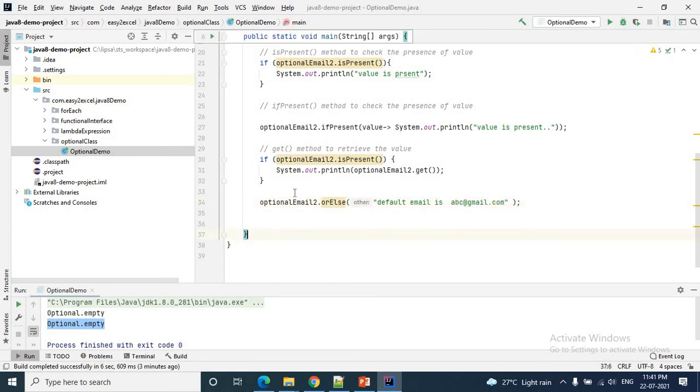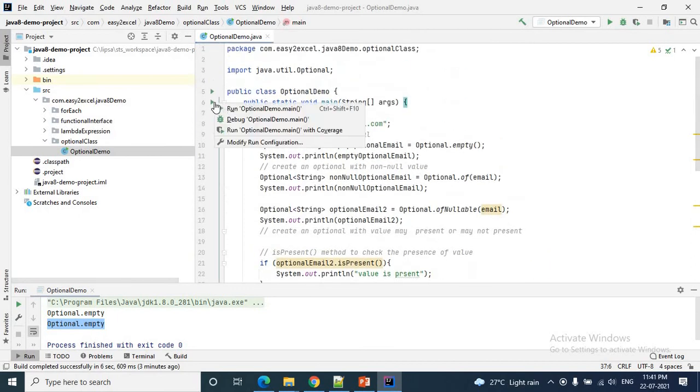So it will check if the value is present, then it will give us the optional email two. If not present, then the else part will be executed. The default email is abc@gmail.com. Correct. So let's run the application.